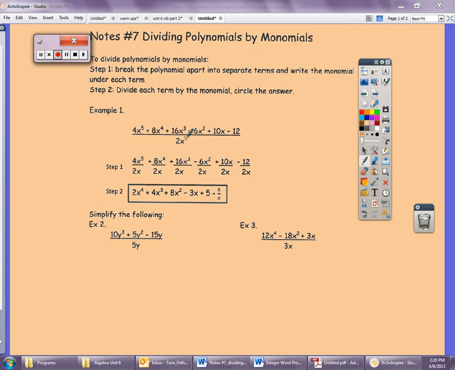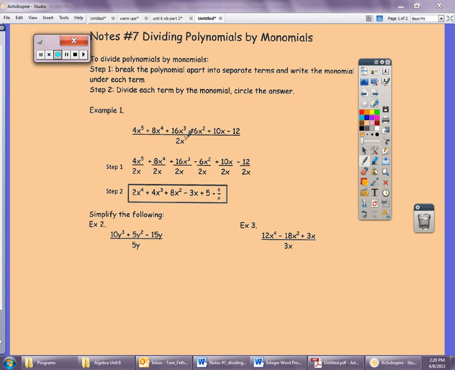Right, note number 7, dividing a polynomial by a monomial. So we've looked at dividing just monomials using our laws of exponents, but we're going to take this one step farther and talk about dividing polynomials. There's two simple steps. The first step, you break the polynomial apart into the separate terms and write the monomial under each term. And then you just simply divide each term by the monomial, and finally you just circle your